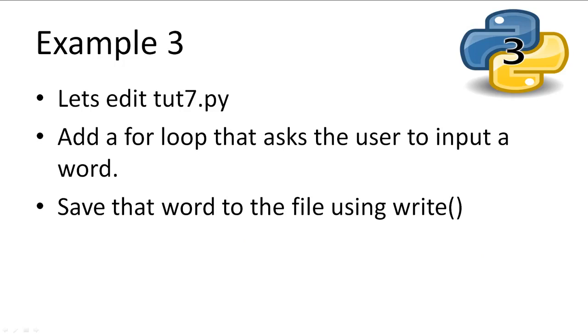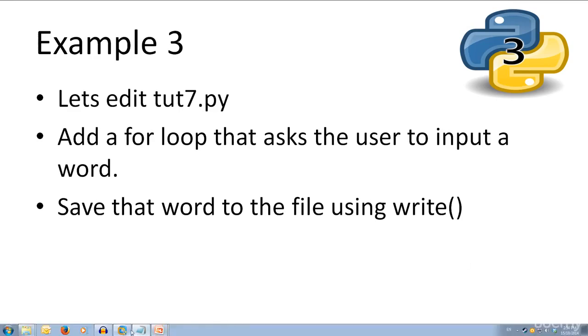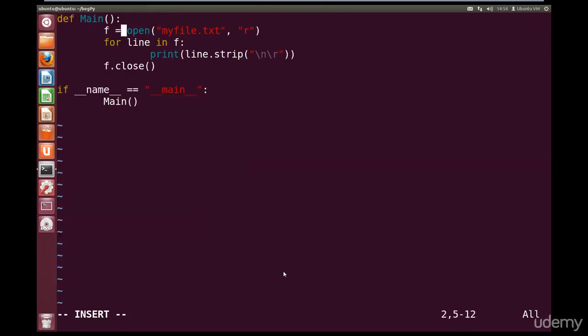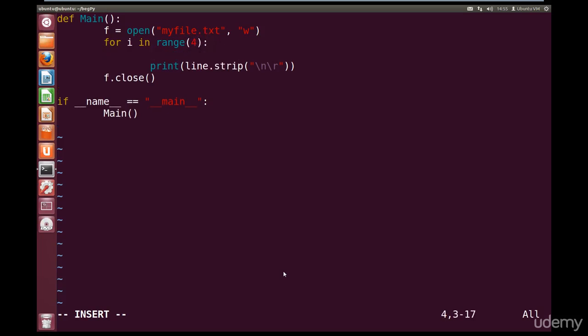So let's make the user input the words. We'll make the user input 4 words and save them to a file. We need to open up our file and change it to write mode, so instead of an R, we're going to have a W for write mode. Now, we want to input words from the user and output them to the file. So we're going to do for i in range, open up brackets, and we're going to repeat 4 times. And instead of printing, we're going to